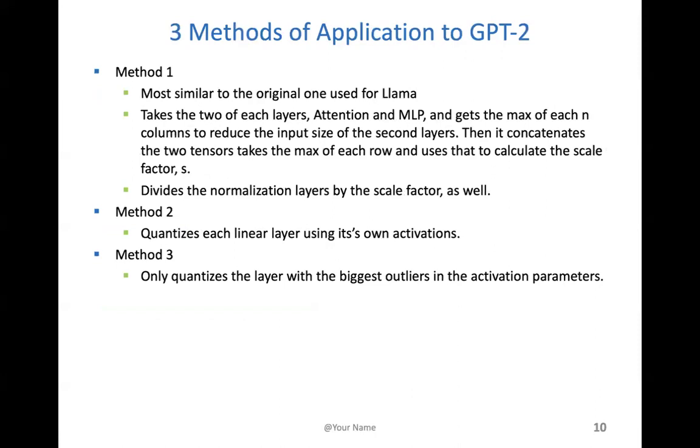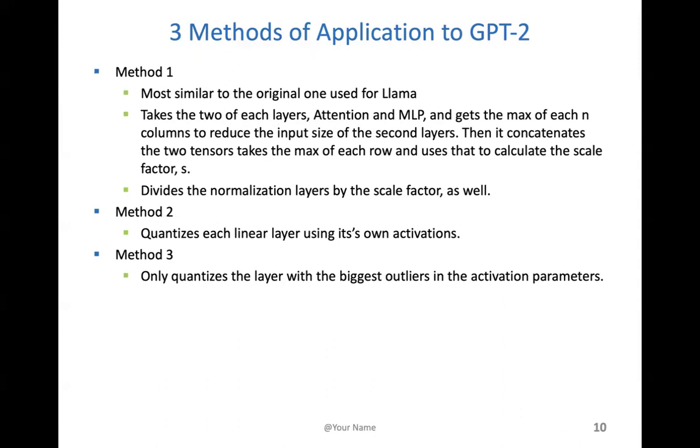Once again, due to the differences in architecture between GPT-2 and Llama, I had to try 3 different methods of application of SmoothQuant on this model. So the first method was the most similar one to the original method that was used for Llama. Here, I took two of each layers, attention and MLP, and got the max of each of the columns to reduce the input size of the second layers,